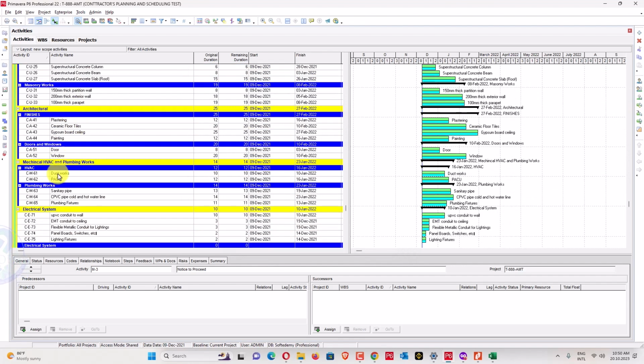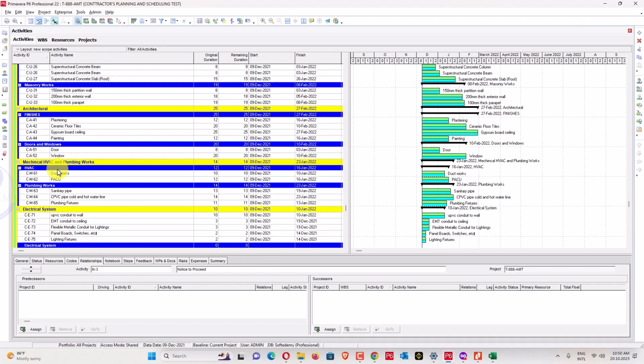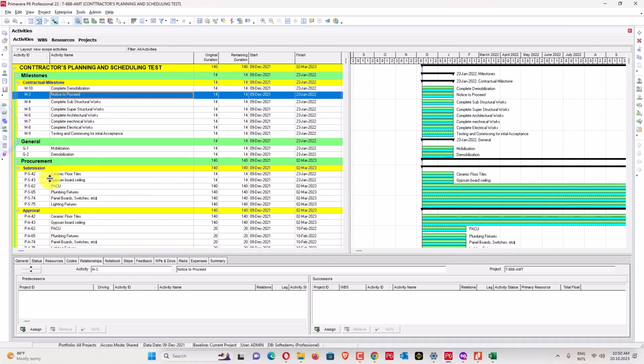So you can see here the complete project has been imported where you wanted it, all under that recommended WBS. Can you see here, all project, complete project. Now what is the next step? We also have to import their cost, material, and their resources. The next step I have to do.